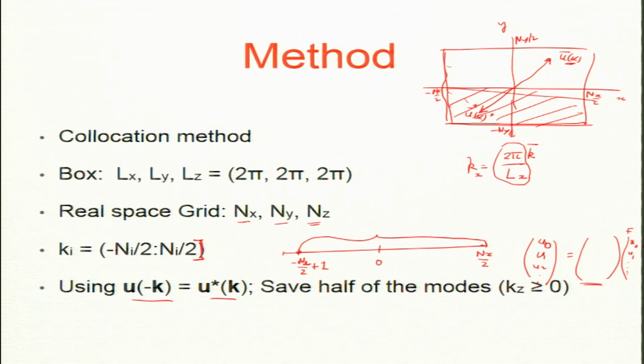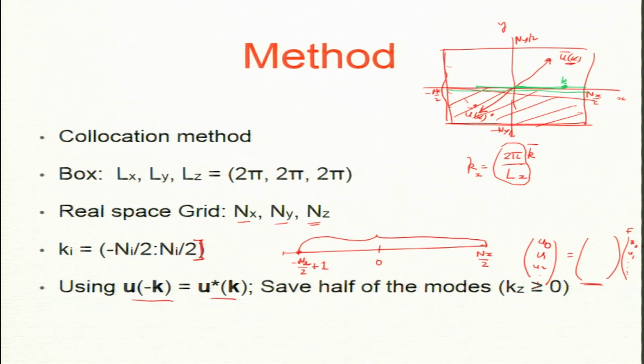So you save only half the modes. In 3D, kz greater than or equal to 0, in 2D only ky greater than or equal to 0. There is only one catch. I am not going to keep anything below the x axis, but I have to keep the x axis, because 0 is a very important point. You have to worry about 0. If you keep this part, then what is the complex conjugate minus k for this wave number? It is on the line itself.